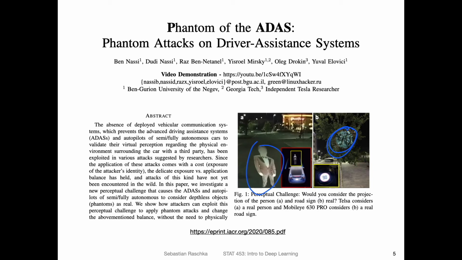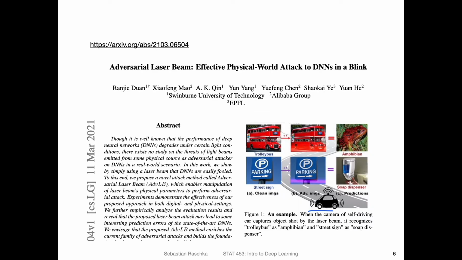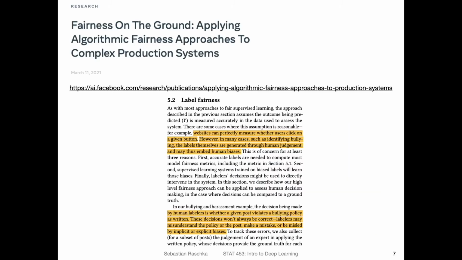I think having something that can project a street sign, you need a projector essentially. It's a little bit more effort to do that, but something like a laser beam might be more concerning because these laser beams are, I would say, easier to carry around and things like that. So that essentially highlights there's still a long way to go for making self-driving cars safe.